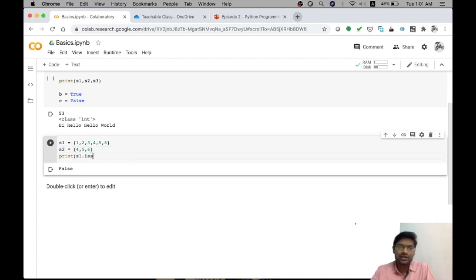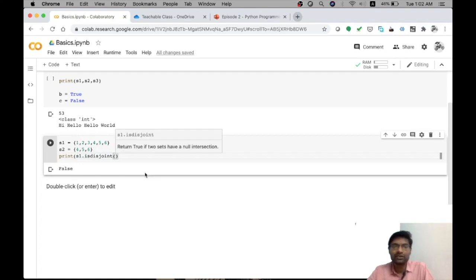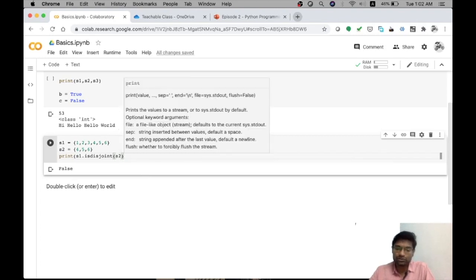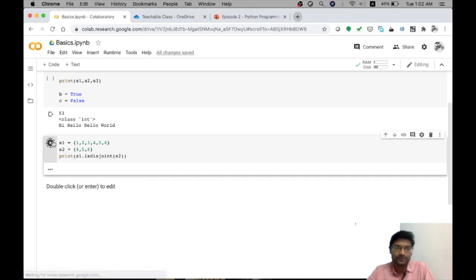And there is one more check called isdisjoint. Disjoint means there should not be any overlapping elements between two different sets. But here there are overlapping, intersecting elements, so this is not a disjoint set. So isdisjoint will return false in this case. Let's see whether we get false for this as well. Yes, I am getting false for isdisjoint as well.